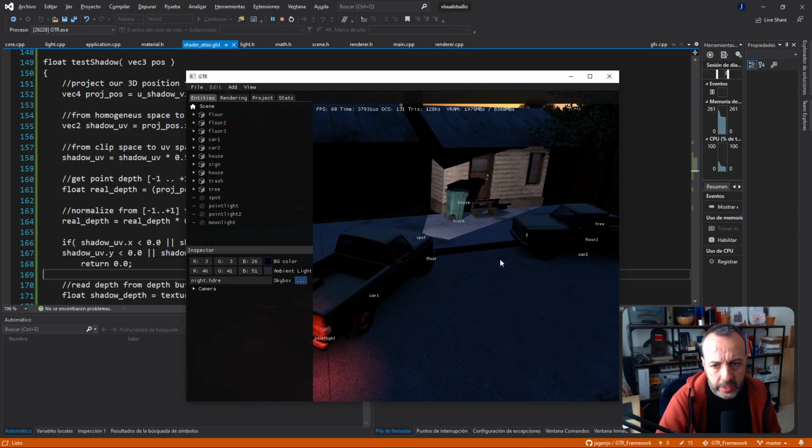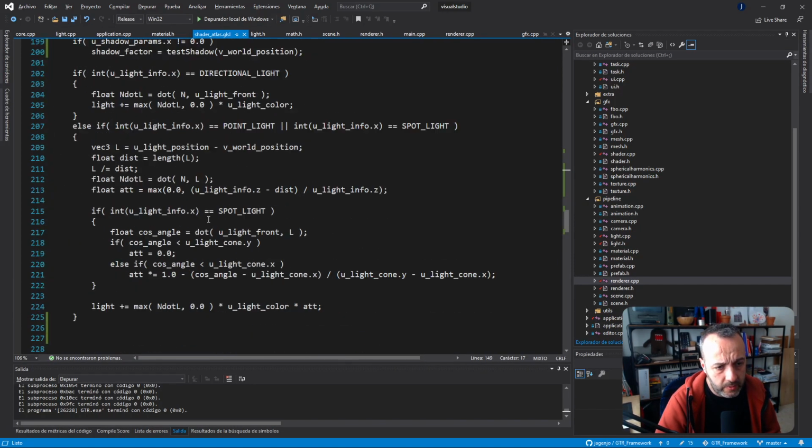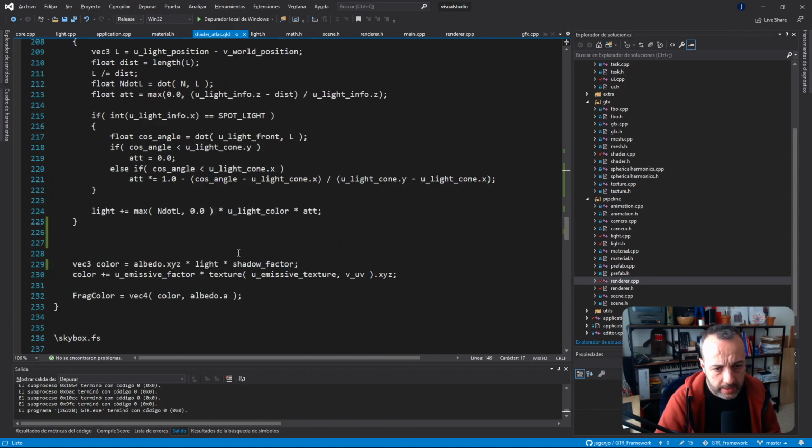Also, something strange is that the shadow map is killing. Sorry, the way I use the test shadow is wrong. Let me show you where I put the test shadow. So I put a shadow factor. I multiply by the color, and